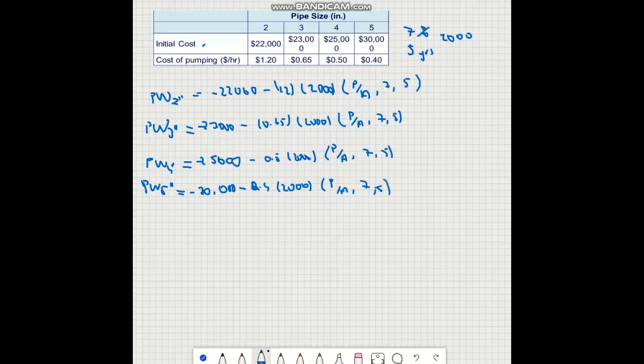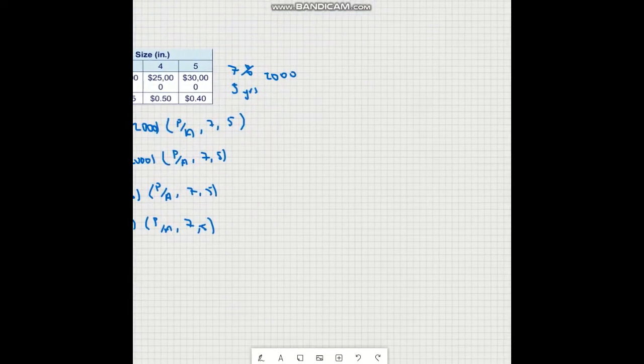Okay, we write everything, and when we calculate, the first one is going to be minus 31,840 dollars cost is given,